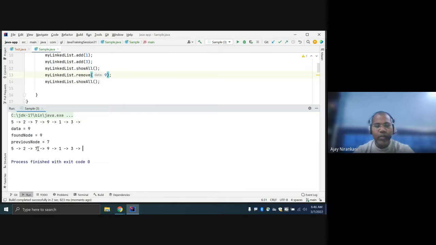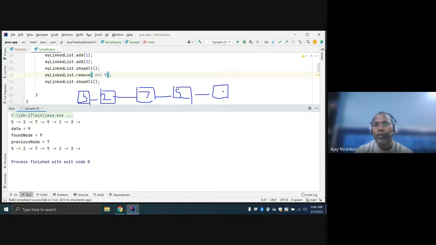So now we are able to find this list: 5, 2, 7, 9, and then 1, and then the other numbers. The user wants to remove this 9.